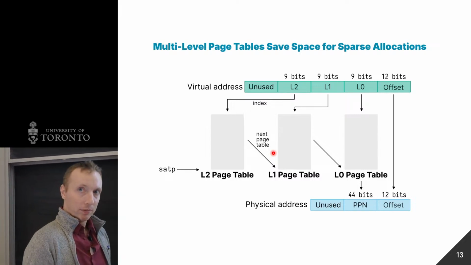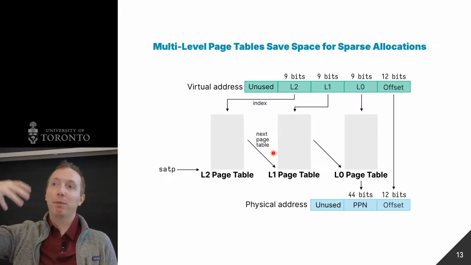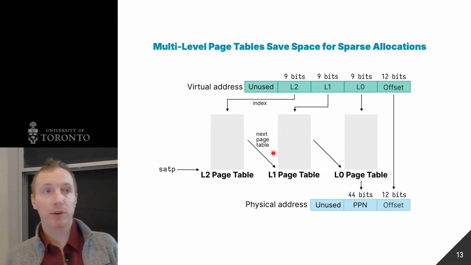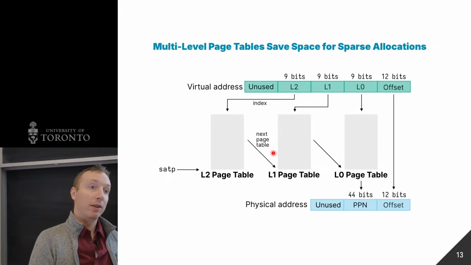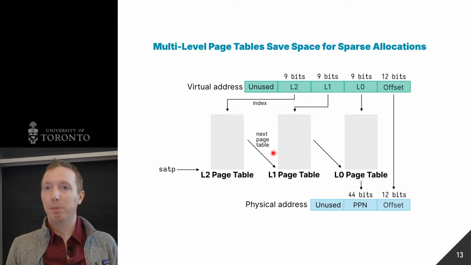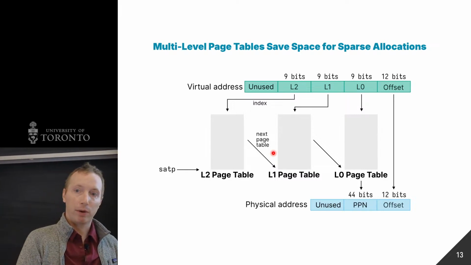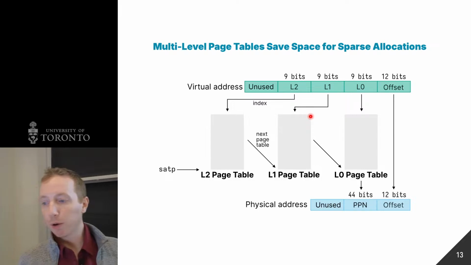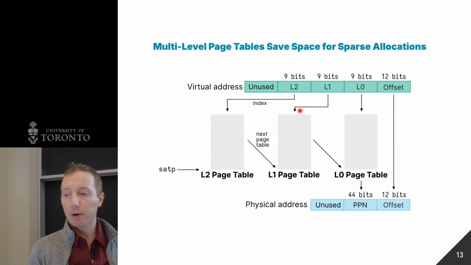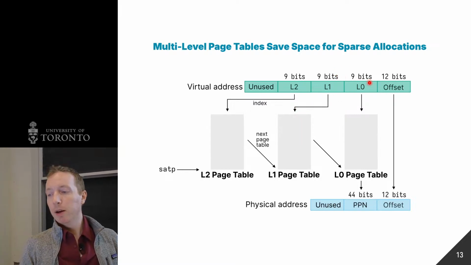So the entire idea for multi-level page tables is we're going to split them up into different levels, make sure that each smaller page table fits exactly on a page, which simplifies a lot of things for us because our kernel can just operate on pages. Some pages might be used for data, some pages might be used for page tables. And in order for us to translate an address on a 32-bit virtual address system, we would need 3 levels